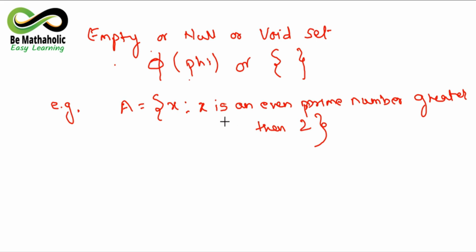So in this particular set which is written in the set builder form, जैसे आप देख रहे हैं ये set builder form में represented है, so x is such that x is an even prime number greater than 2, तो 2 से बड़ा prime number एक भी नहीं होता, इसलिए आपका आंसर इस केस में क्या होगा, 5. So either you will be writing this in this manner or you will be showing it in this manner. So this is what is called an empty set or null set or void set.